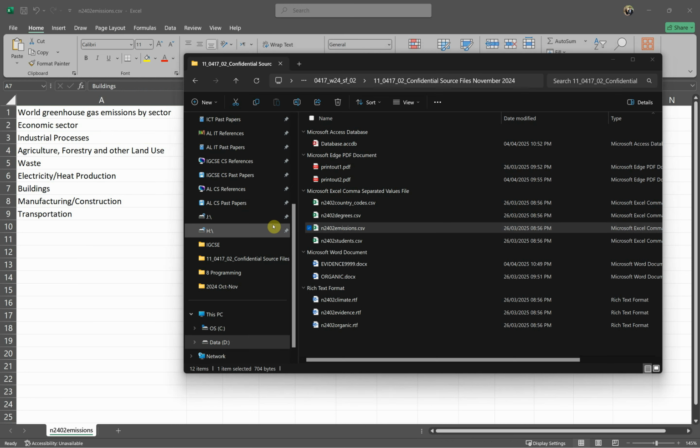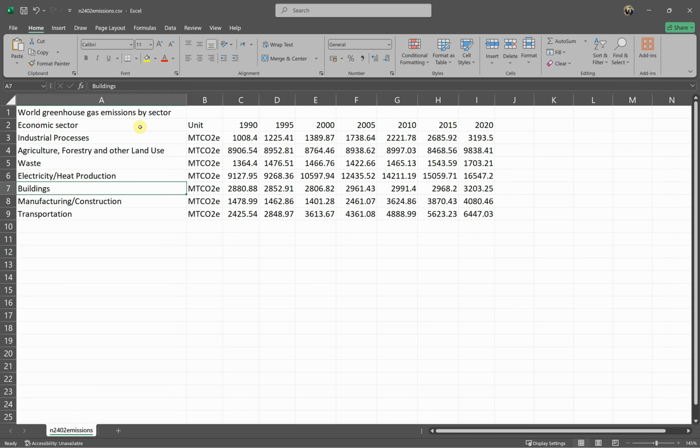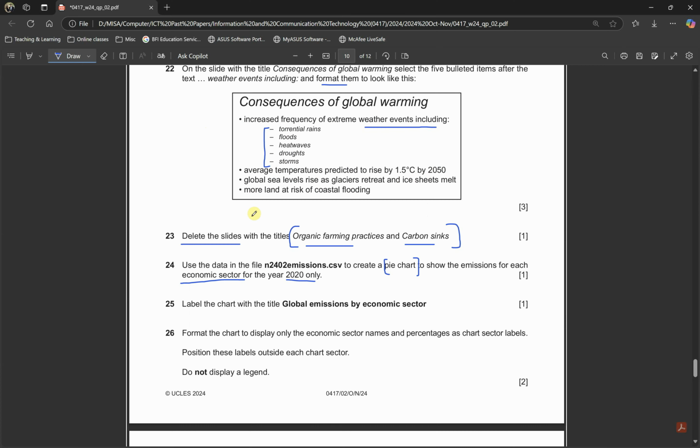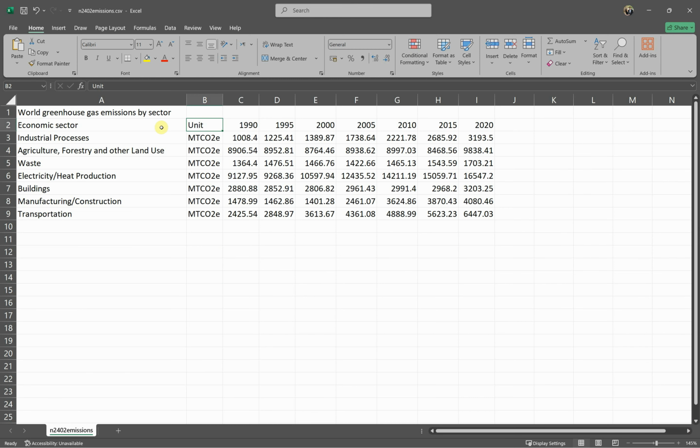Alright, so to do this, we need to select this column, and then let's have a look, we need to create it for emission. Okay, and then let's select this and then hold Control on your keyboard and go and select the last column as well. Let's go to insert,